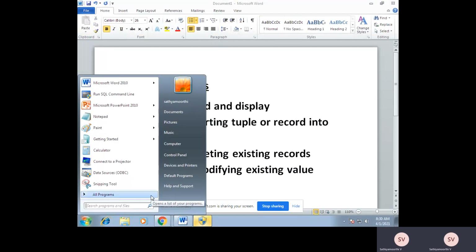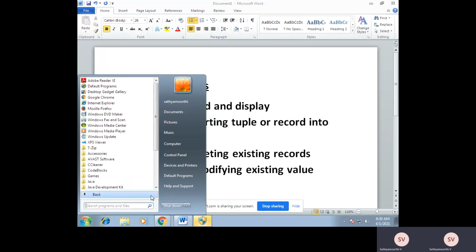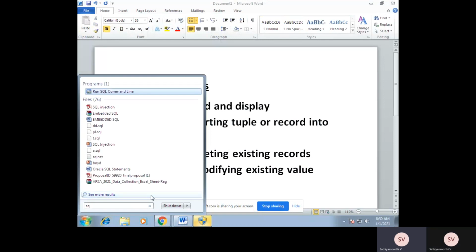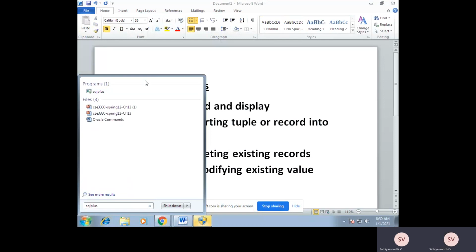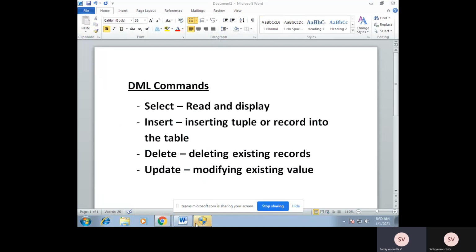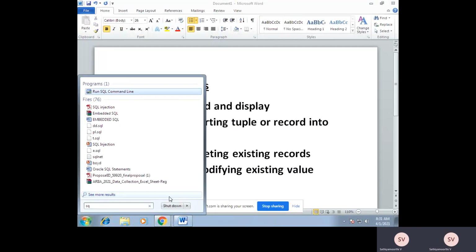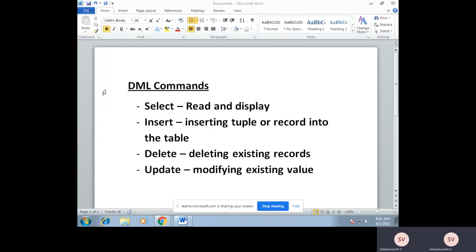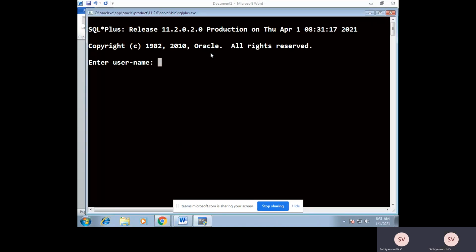For that, first go to the run button and start Oracle SQL Plus. Here I am opening SQL Plus. Start SQL Plus, and just give yes.